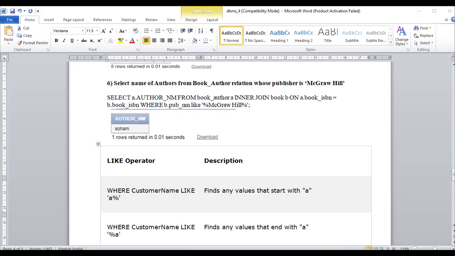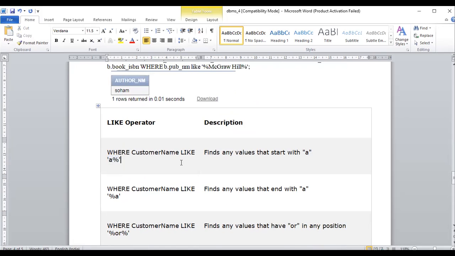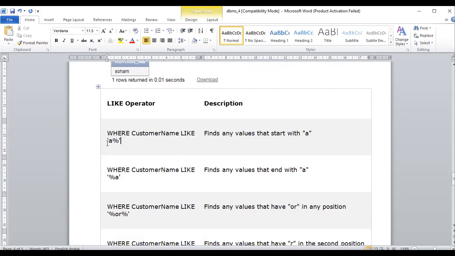In the like clause, we have to use two symbols, one is the percentage and another is the underscore. I will explain here with the table. Whenever I write where customer name like 'A%', what is the meaning of that? I want to find customer names starting with A, so any customer name starting with the alphabet A will be displayed.